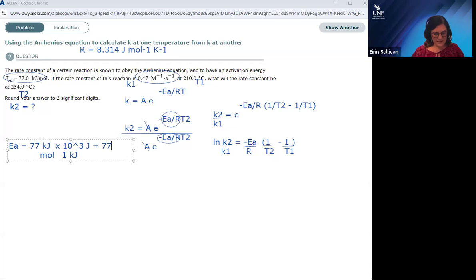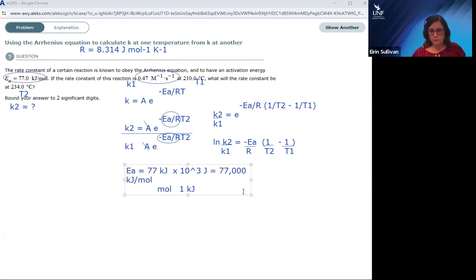So that is going to be 77,000 joules per mole. I've just realized I should probably move that somewhere so I can show the whole shebang. Like so. Okay, so then we're going to do the same with our temps to get them into